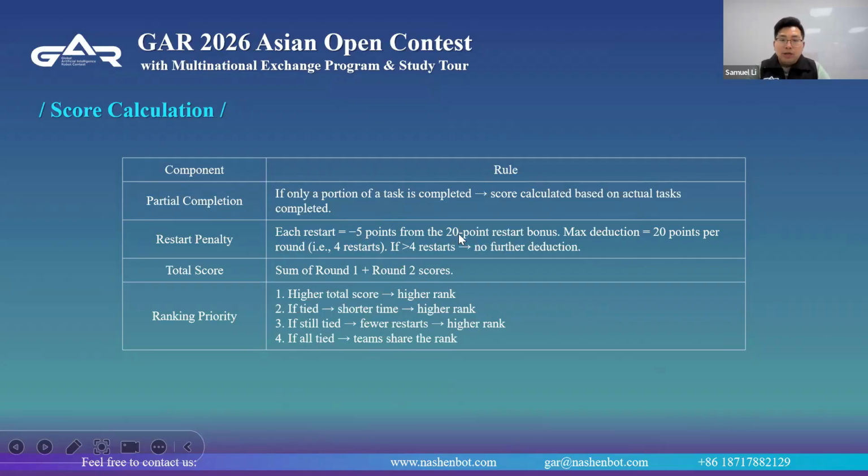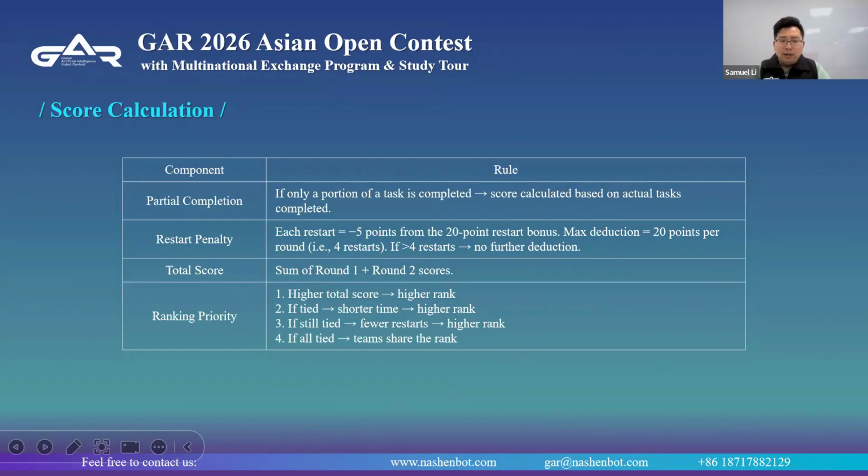The maximum deduction is 20 points per round. If the number of restarts is more than 4, there are no further deductions. Total score is the sum of round 1 and round 2 scores.